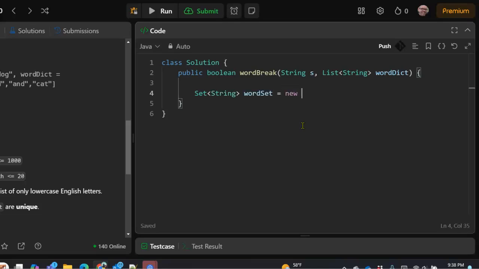That'll be a new HashSet, and we'll pass in wordDict to create that. All right, and so we don't have to keep referring to s.length, we'll put it into a variable.